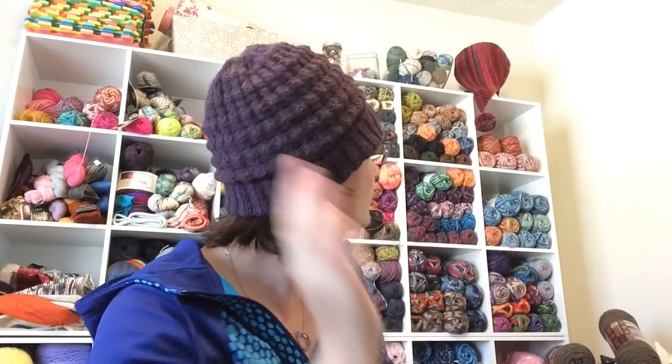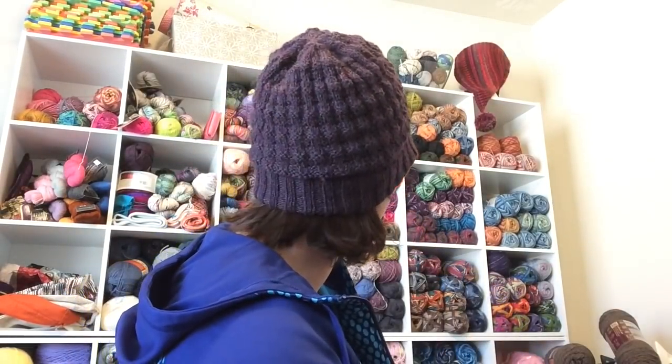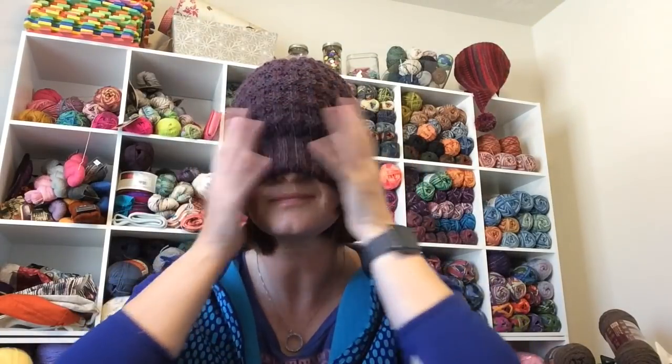So you can see, because it's so textured, it fits me pretty well. Kind of slouchy, which I don't normally do the slouchy hat thing at all. In fact, I'll do this for you guys because I think it's funny. I was taking photos and I was trying to figure out, is this going to be big enough for a big man head? And so I was like, I just wonder how long it is. Yep, there it is. But anyway,